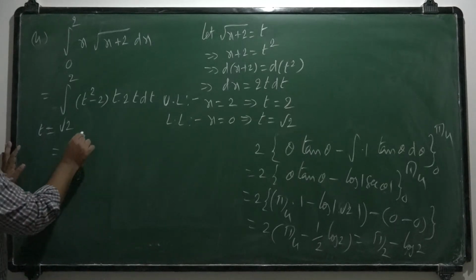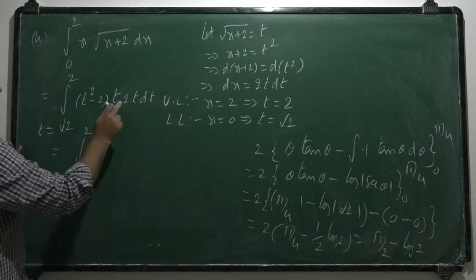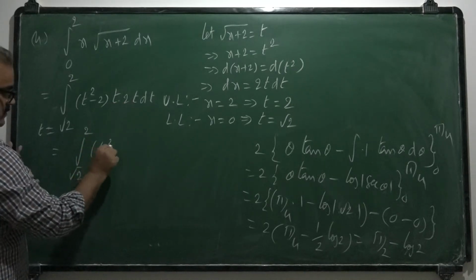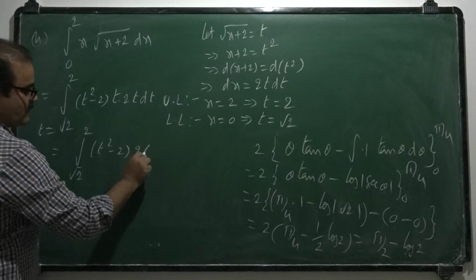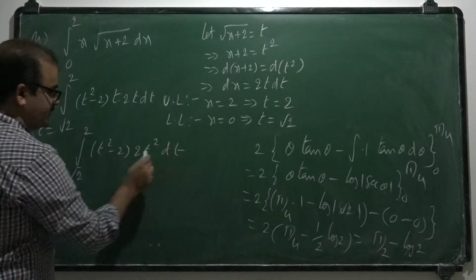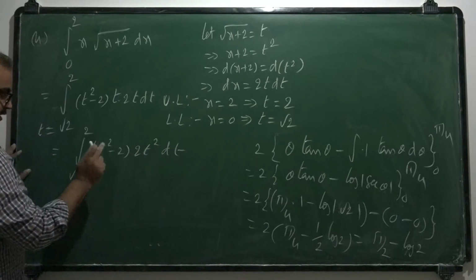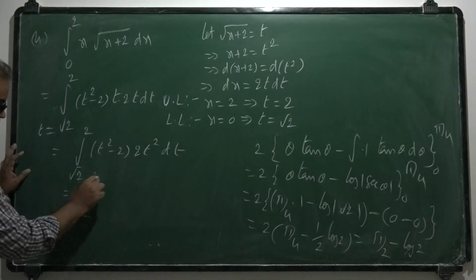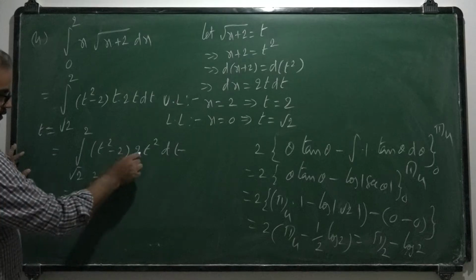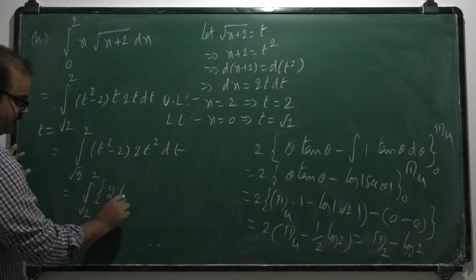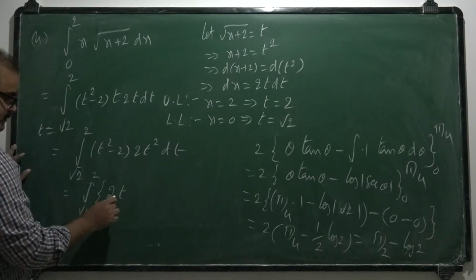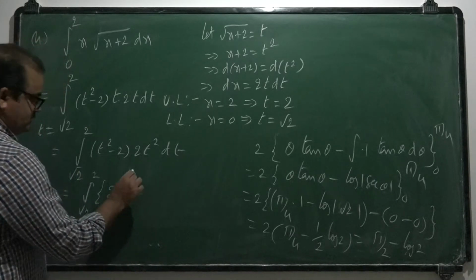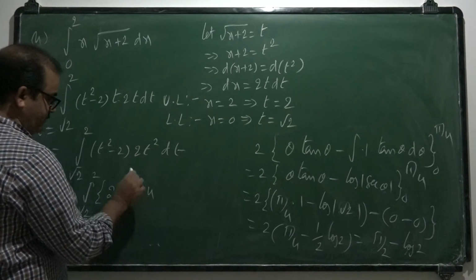Root 2 to 2, 2t into t, 2t square into dt. Take this 2t square into bracket, root 2 to 2, 2 into t to the power of 4 minus 2 into 2, 4 into